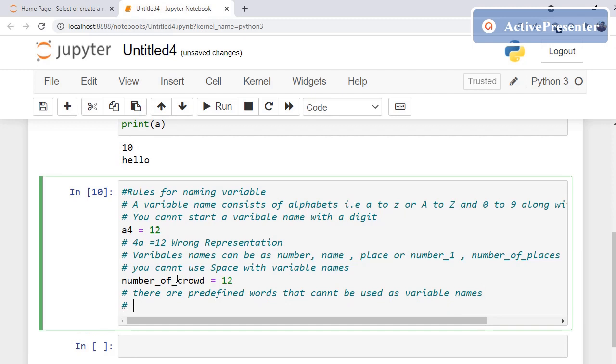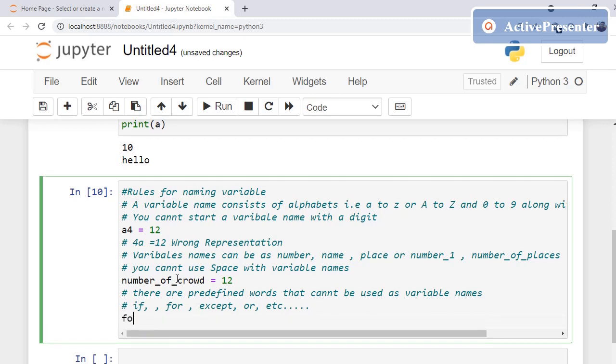What are those? Like if, for, except, or etc. So many are there. By the time you learn, you will get to know.